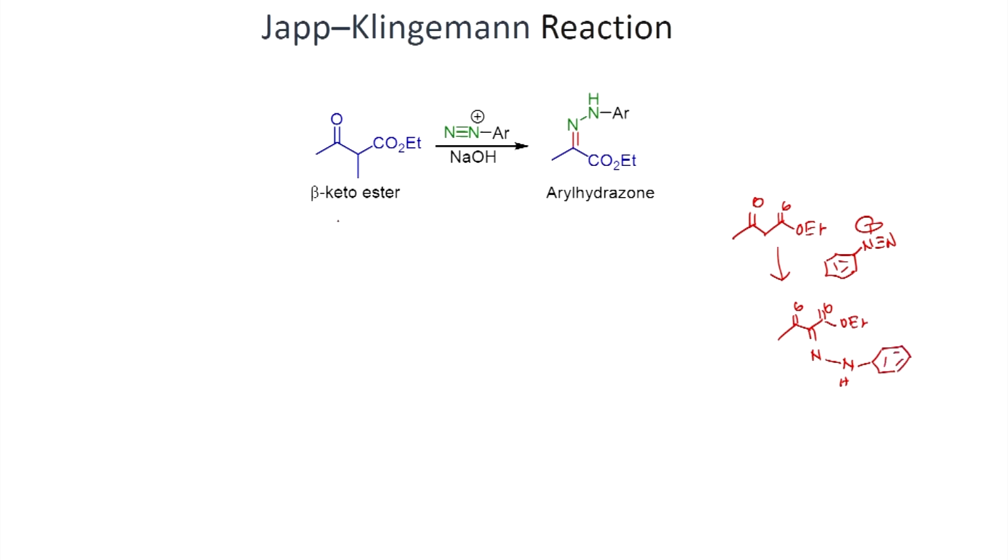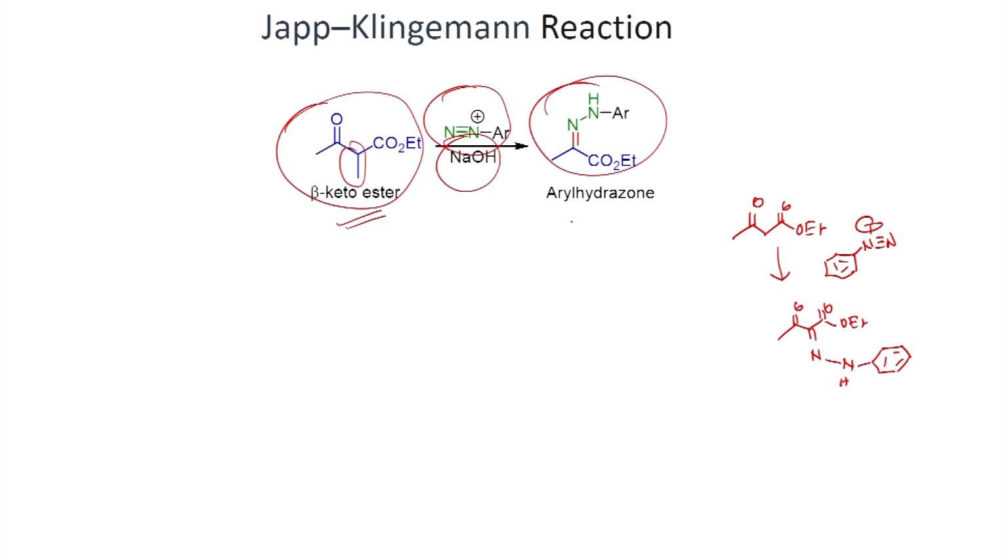On the other hand, if you have the beta ketoester where you have a substituent in this position, when you react this compound with the diazonium salt in the presence of base, you will be able to form aryl hydrazone as the product. When you look at the reaction pathway, as we have just seen,